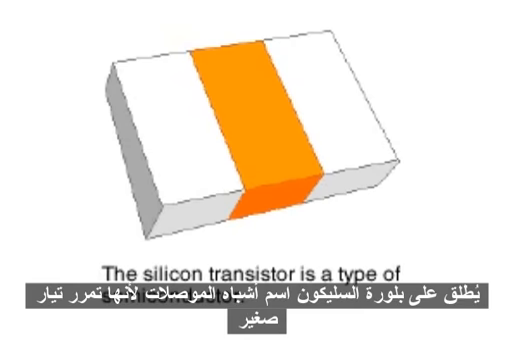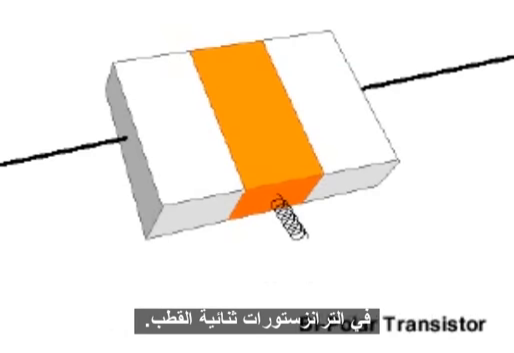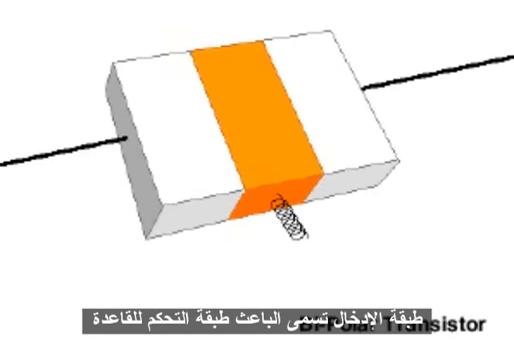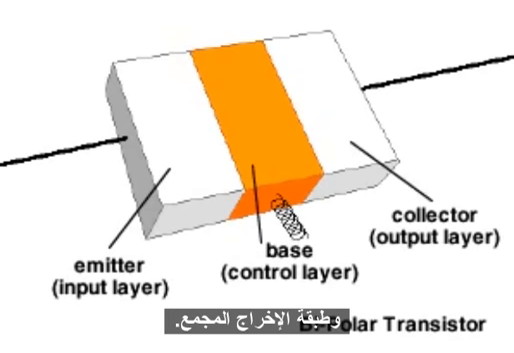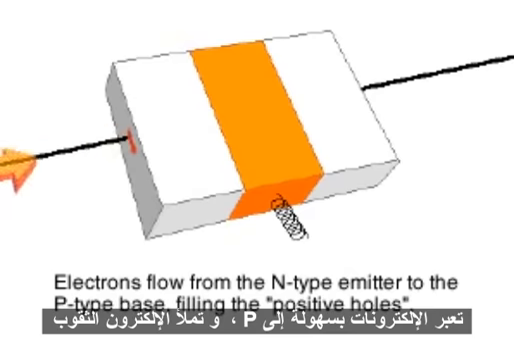The silicon crystal is called a semiconductor because it will only conduct a small amount of current unless a change occurs at the junctions of the layers. In bipolar transistors, the input layer is called the emitter, the control layer the base, and the output layer the collector. When a current is applied to the emitter of an NPN transistor, electrons readily cross over to the P-type